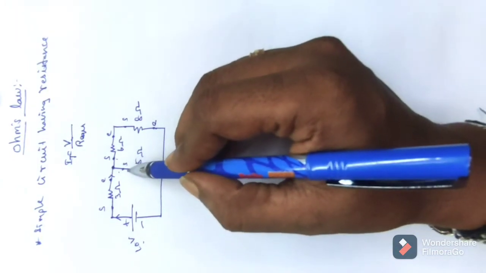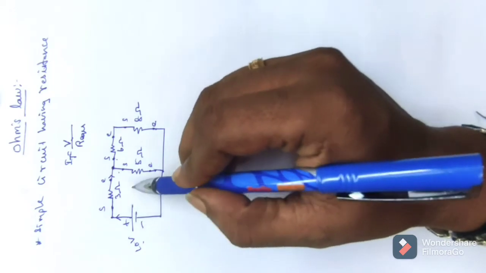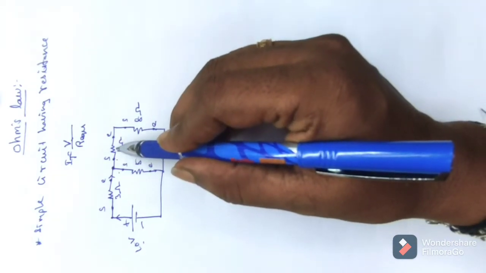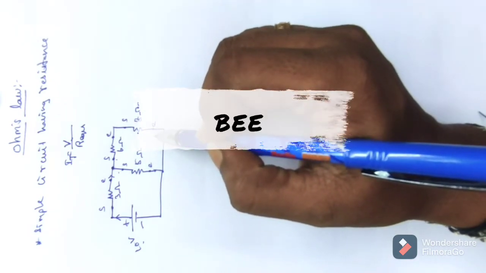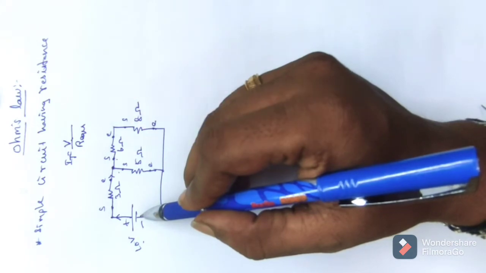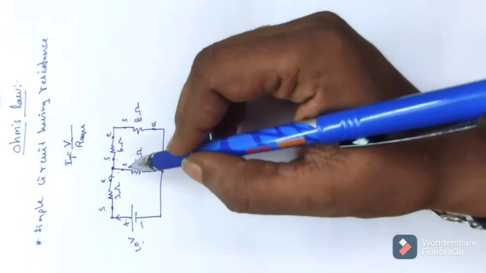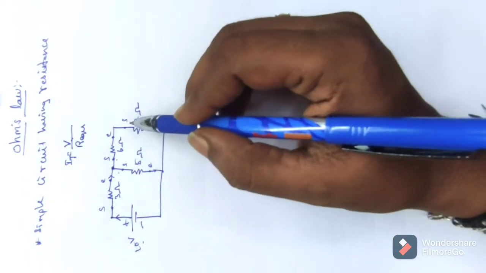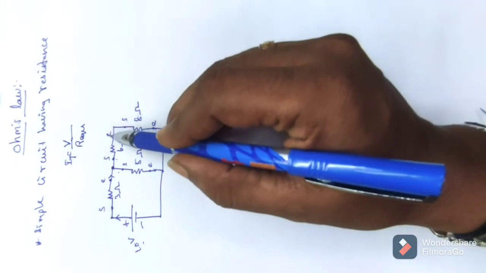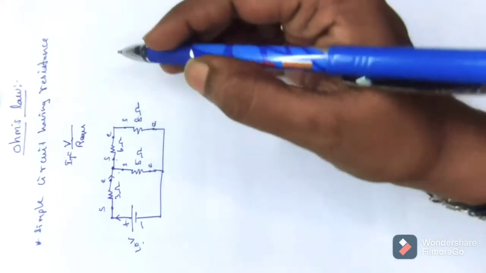This 50% goes straight to the source, making the circuit closed, but this other 50% flows through this and through the other resistance, coming back through this node only. It connects to the source, so the least current flowing in the circuit is through these two resistances only. Now I am checking whether it is a series or parallel combination.